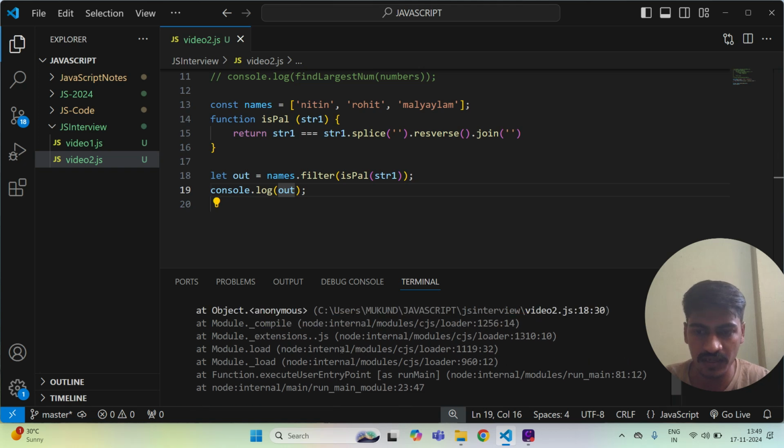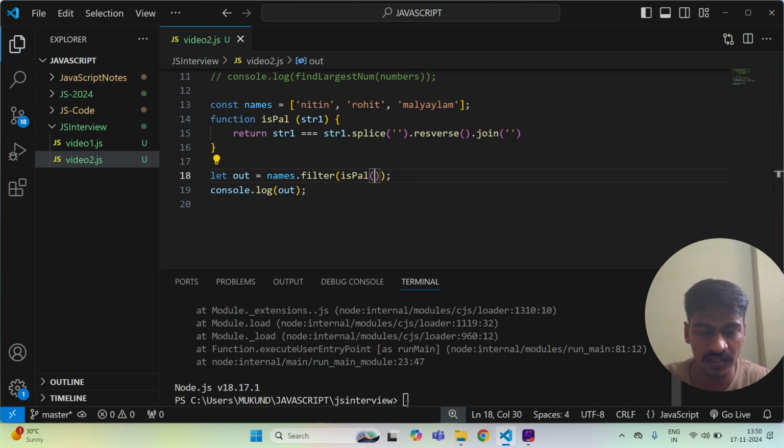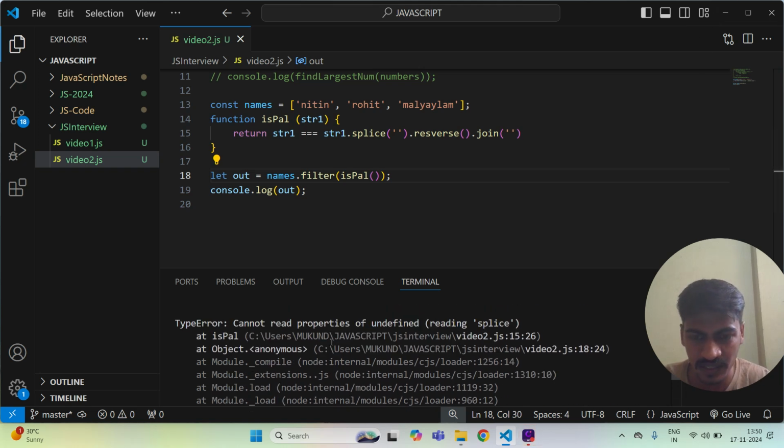Now we get some error, right? str1 is not defined. Where? Oh sorry, we don't need to pass that, right? Yeah, we just have to call that particular variable. I just forgot to do that. Oh sorry, we will see where we get some error.